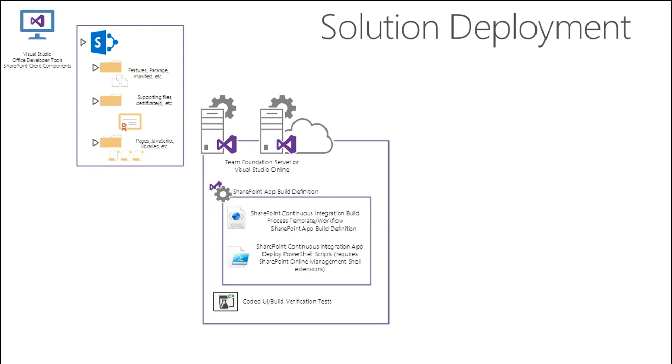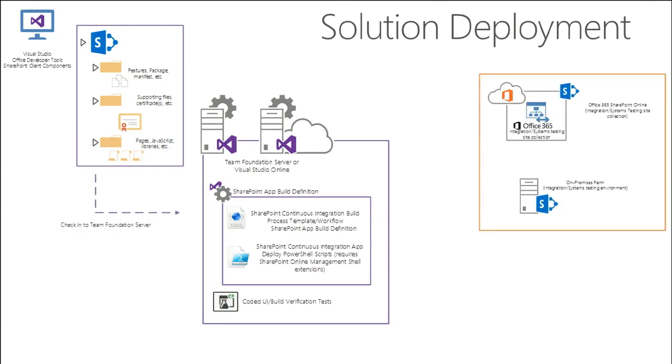There's a link in the back end of this presentation to the app and build definition files that you need to create a SharePoint apps build definition. Those are on Codeplex. They consist of two files. The first is a workflow file that helps the build definition understand how to talk to SharePoint. The second one is a PowerShell script that basically tells SharePoint or the build process where to take the app and deploy it to. And that can be on-prem or in the cloud. And then TFS, as part of the build definition, will run the coded UI tests.